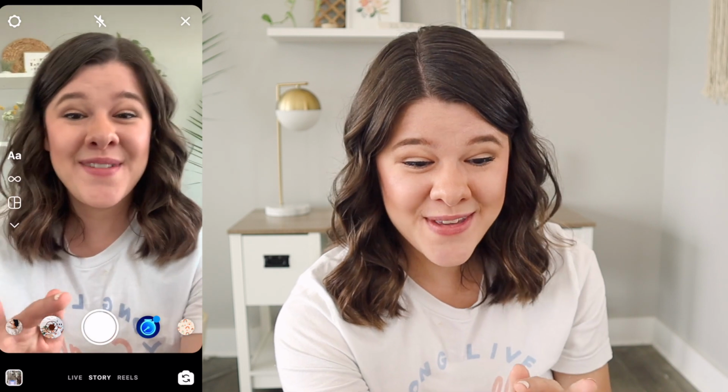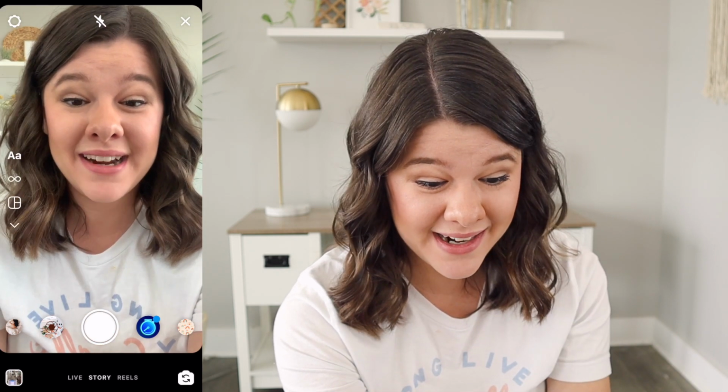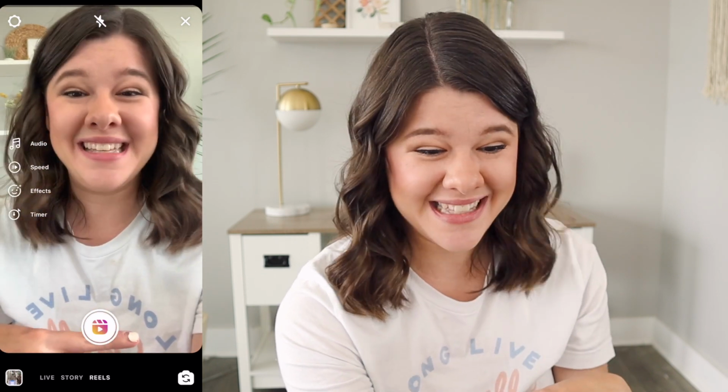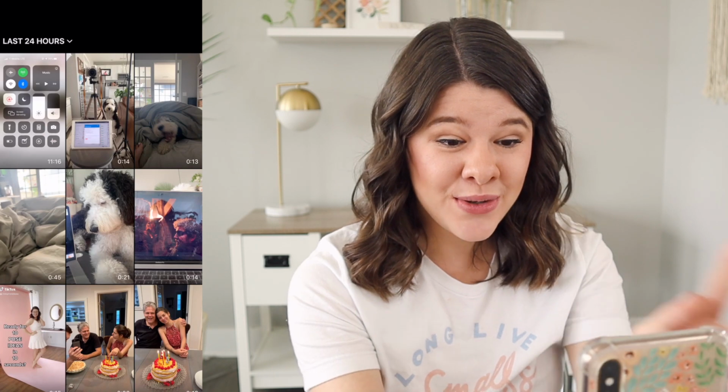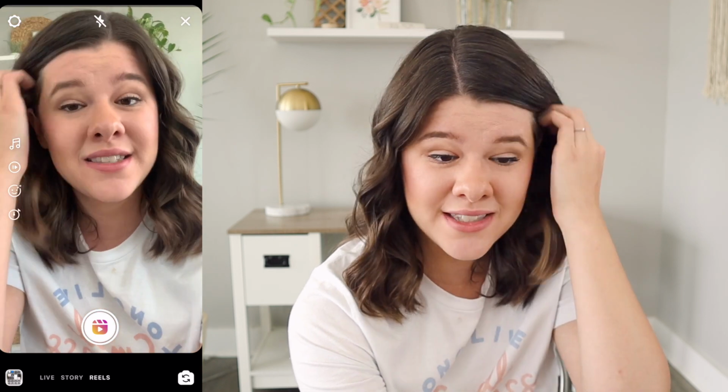Okay, so when you have your stories up, this is where you're gonna access your reels. So if you come on here, swipe over on the bottom to reels, that's how you're gonna create a reel. That's how you upload these things. And you can either swipe up to upload different videos that you've already created. So maybe if you wanna share behind the scenes that you already have, or TikToks you already have, you wanna re-upload,